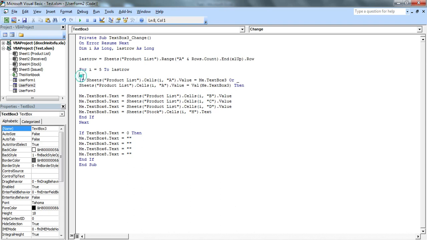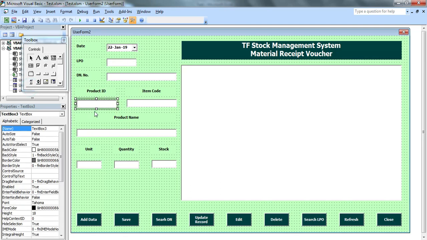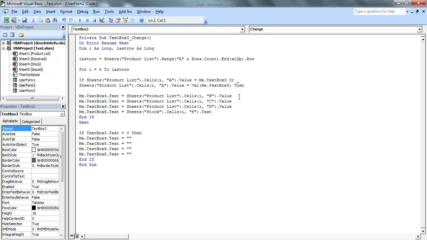So the meaning of this code is that if any row of column A in sheet 1 matches with text box 3 of our user form 2, and this is the text box 3, then all the values of the cell i, as I already mentioned, this is the row, from 5 to lastRow, and these are the columns B, C, D, and this is H. H is coming from the stock sheet, and the other remaining three are coming from the product list sheet.